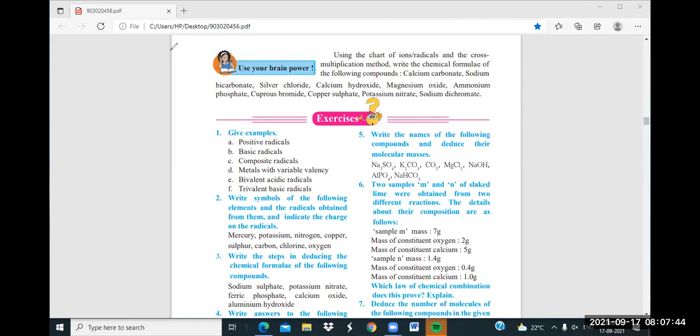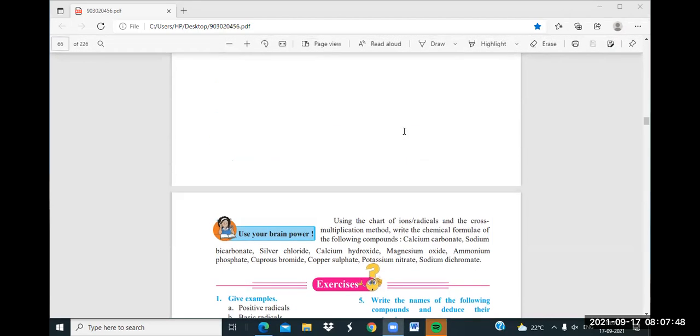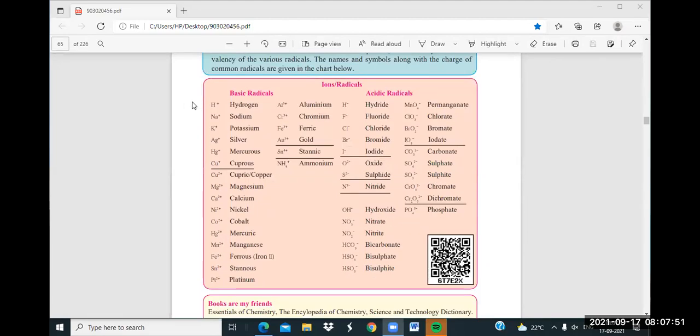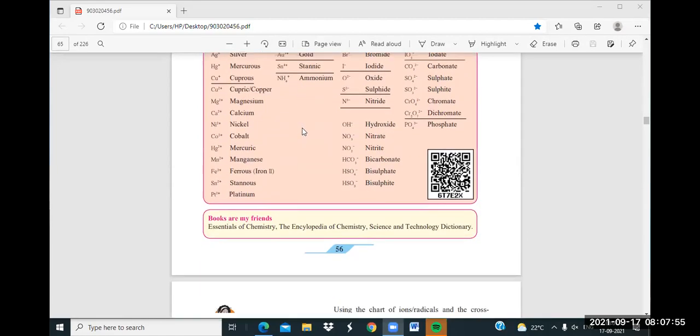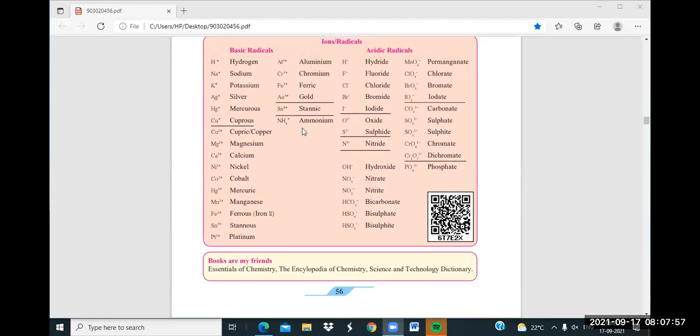Then afterwards write down the Fe2+. So if you want to see, you will get here, those are plus. That all are the positive radicals. And those are minus. They are the negative radicals. Now you see, you have tried the basic radicals. So basic radicals are in front of you. You can write there basic radicals.